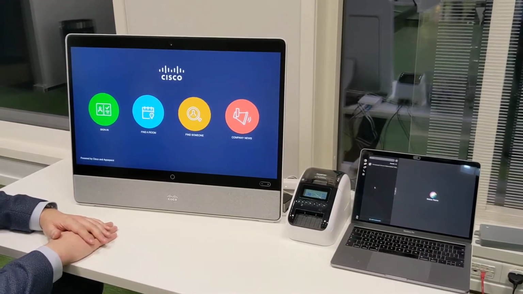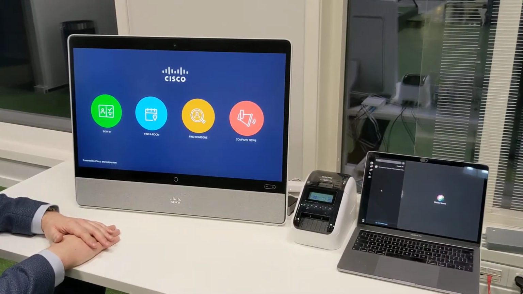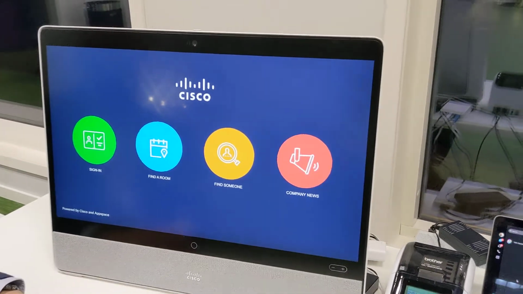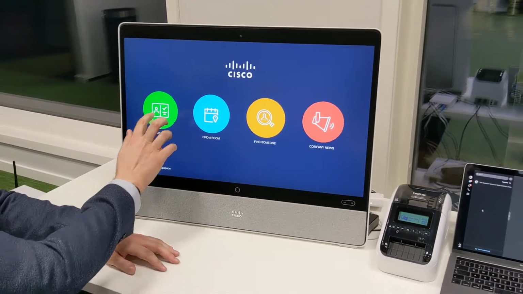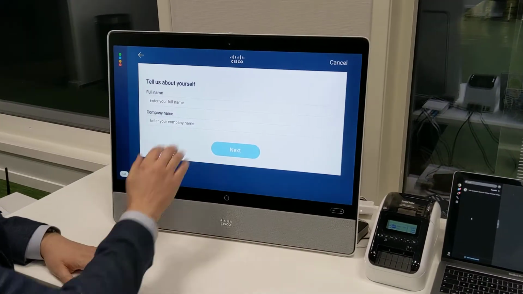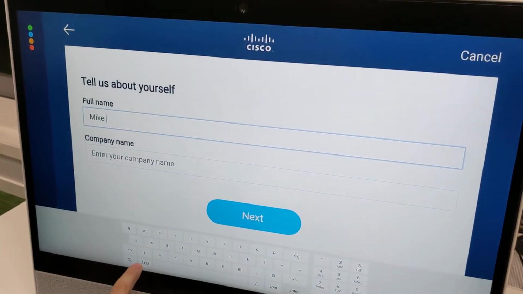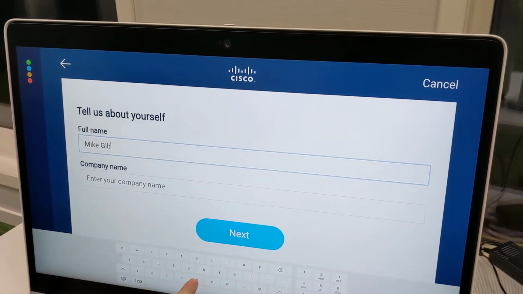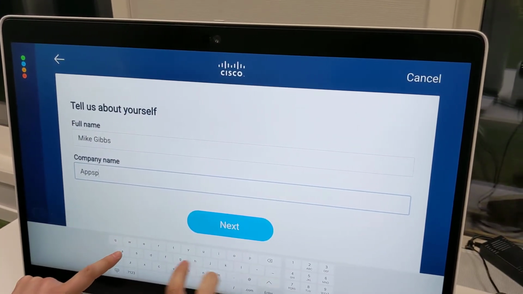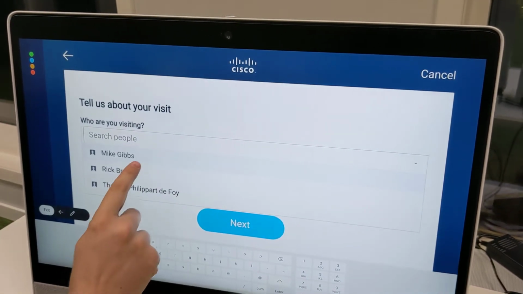Here we have the new Desk Pro, and within that in kiosk mode, and in that kiosk mode it gives us various options. So we're going to show a user here signing into that. So they sign in, that's a check-in, and they put in their name. And the company, AppSpace in this case, perfect. And then they simply select who they're meeting,